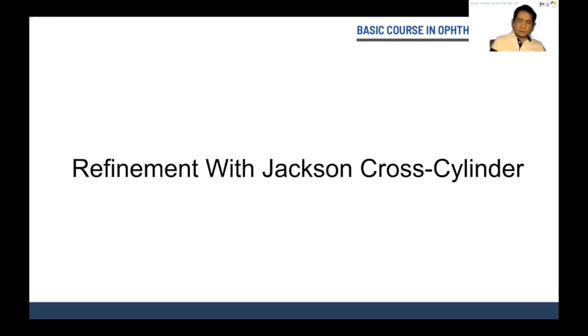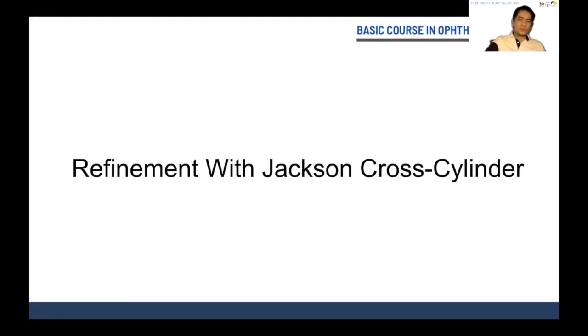You're done with your retinoscopy or subjective refraction, so place the best spherical or best refraction, or your net retinoscopic findings, in your refracting unit, whether phoropter or trial frame, and start